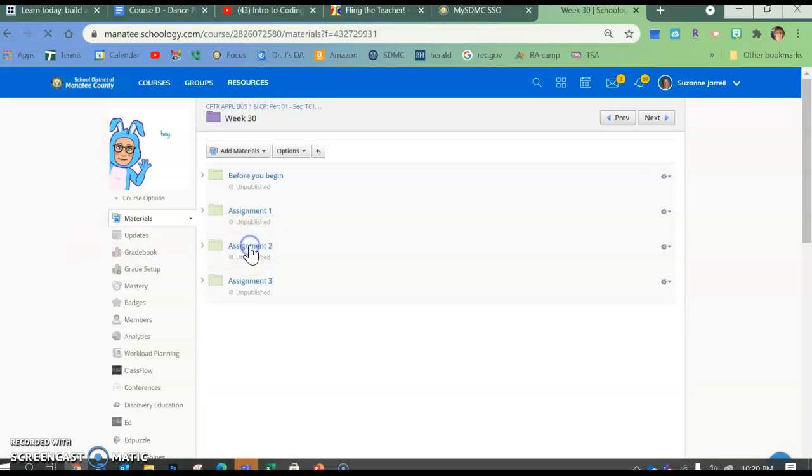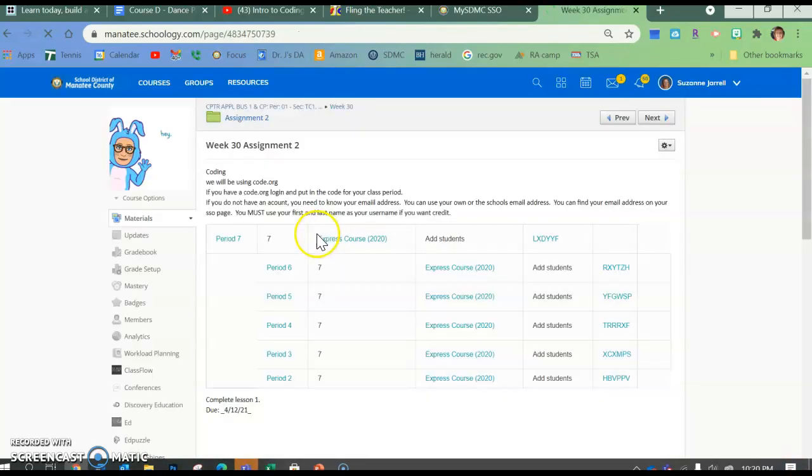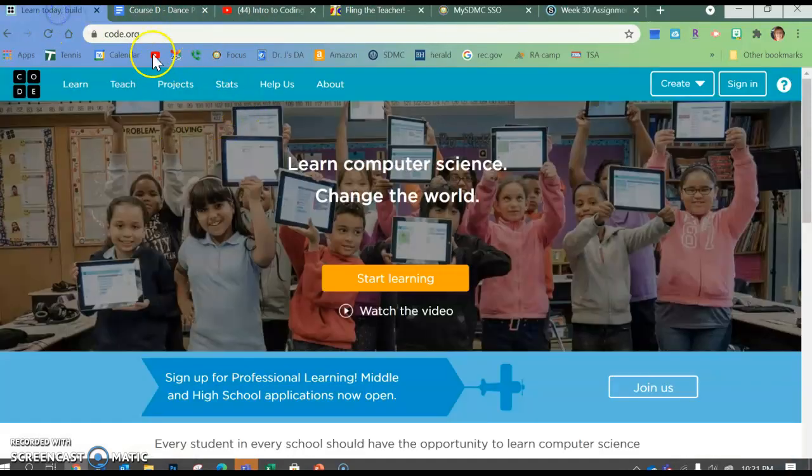So it's basically, once you go here to assignment 2, it says that you're going to set up an account. And then these are the codes that you need to set up your account to get to it. So if I go to code.org, so we're going to go over here and I'm at code.org. And then if you go here to